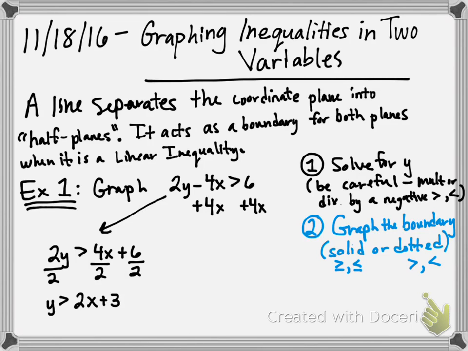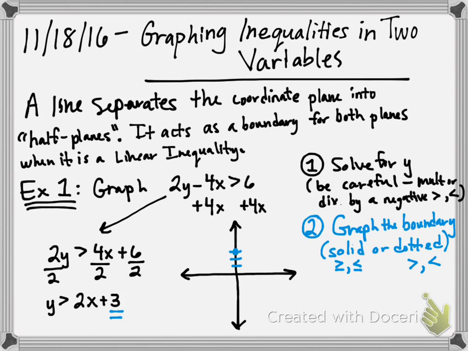Well, if it's got an equal to symbol underneath the greater than or less than, then it's going to be a solid boundary. If it's strictly less than or greater than, like it is here, where it says y is greater than, then we're going to graph a dotted boundary, or some people call it dashed. So we start with our x and y axis, and then we start on the y-intercept of